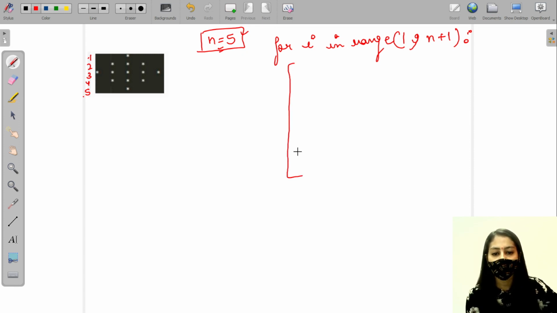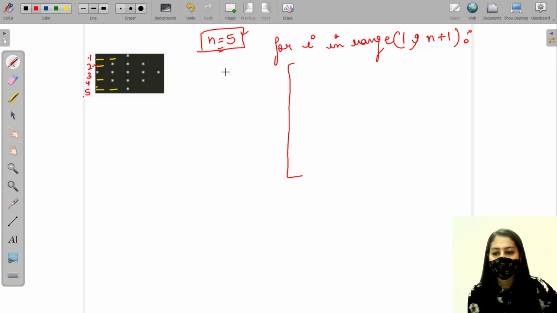Now in this loop we have to do something in order to print these number of spaces and stars. We can see that in each row we have some spaces and then stars, right? Now we only have to take care of these spaces which are before the stars, because when we print a new line after this, we automatically go to this line right here. We automatically go to here, right? So we don't need to take care of these spaces. We only control these spaces.